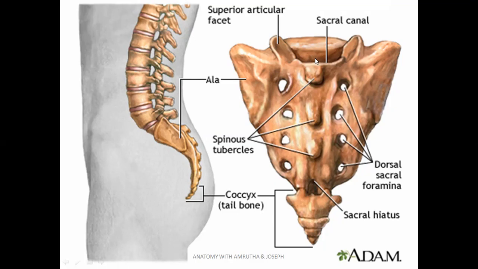Spinal cord cannot pass because the spinal cord ends at the level of the lumbar vertebra. But there are dura and arachnoid, they pass through this area, and below it is opening into the sacral hiatus. So these are the different things that you can see. This part of the sacrum on either side is projected, called ala. Ala means wings of the sacrum.